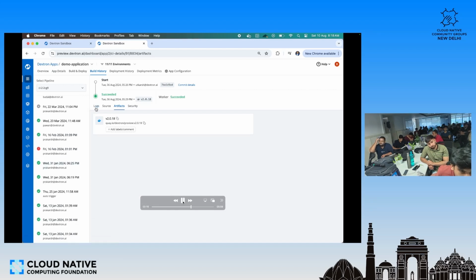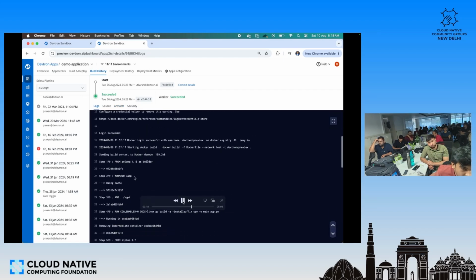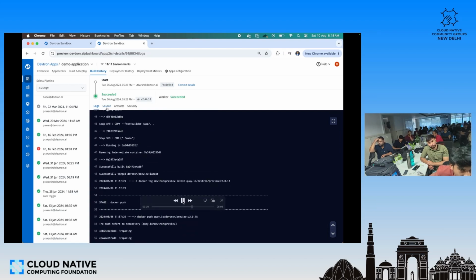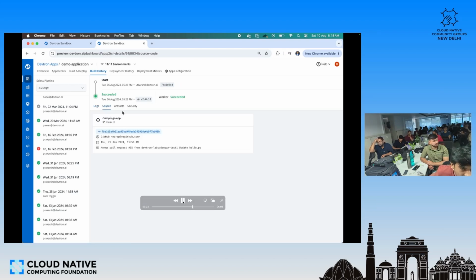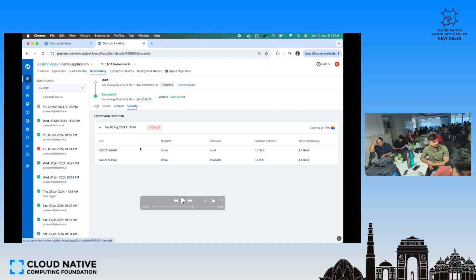We can visualize the logs of the build, the source of the build, then the artifact generated by the build, and this is the security section where the image has been scanned by Trivy, and it has two critical